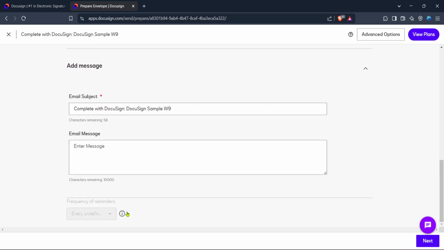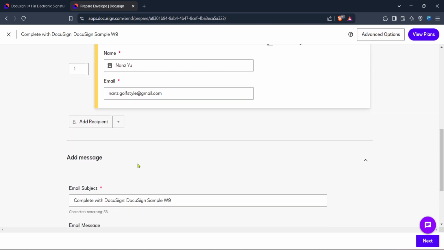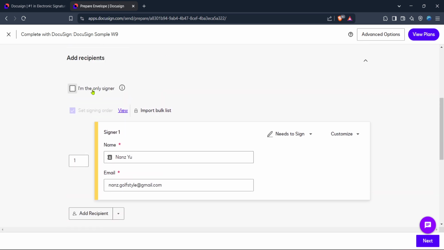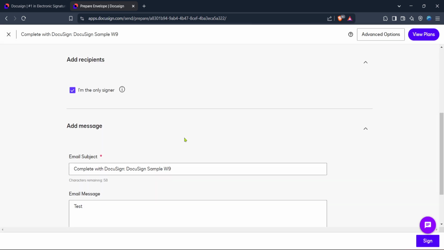This step is crucial, particularly when dealing with time-sensitive documents. In this area, you can decide how often you'd like to remind your recipients to take action. It could be daily, weekly, or based on another schedule that suits your needs. This feature ensures that all parties involved are regularly prompted, helping you maintain momentum and prevent any delays in the document signing process. To recap, you've now learned how to efficiently navigate the Docusign platform, from logging in to selecting